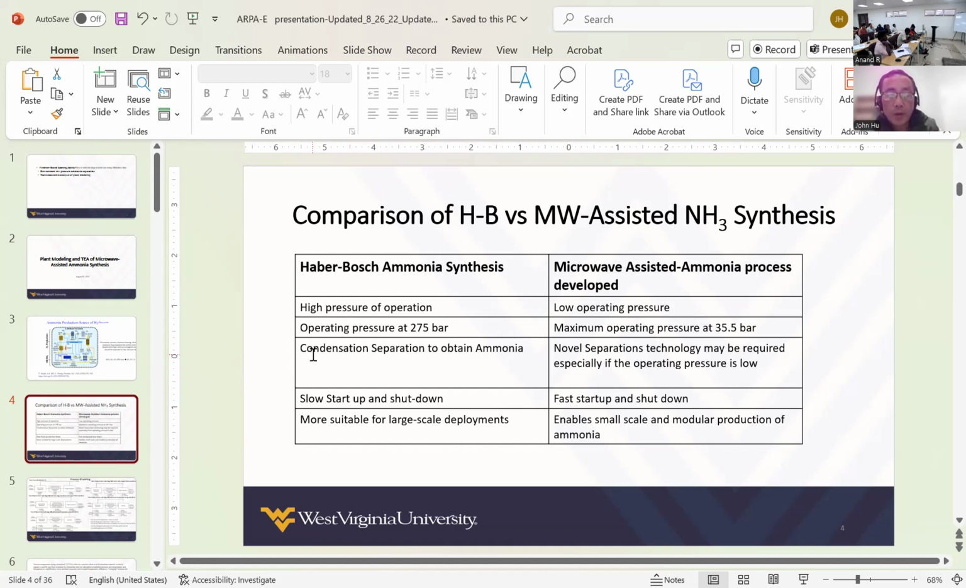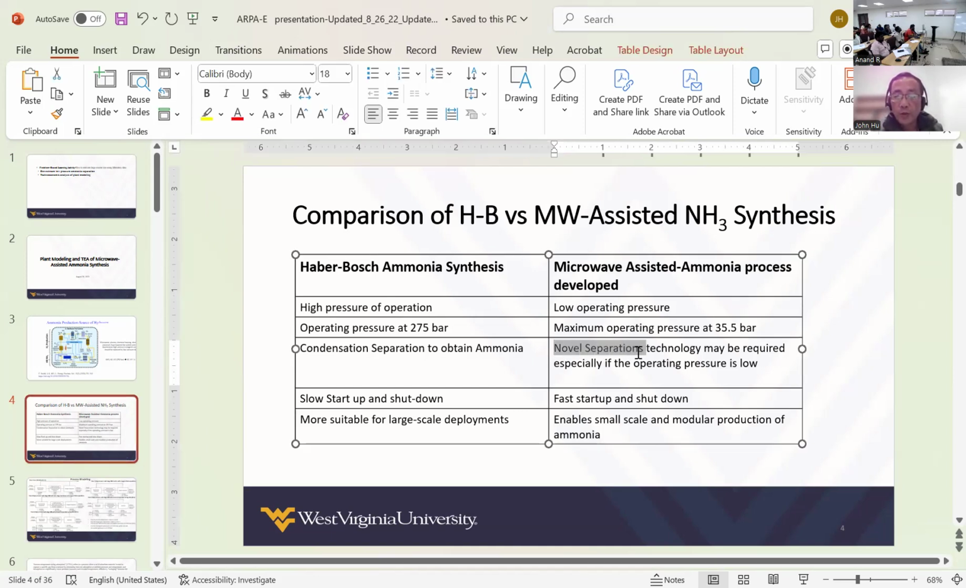And in the Haber-Bosch plant, as I showed you, it's condensation separation to obtain ammonia. That's the only method Haber-Bosch can use because it's high pressure. You have to use the high pressure cryogenic condenser. However, for the low pressure, your options will be open. This is a real innovation for low pressure microwave processing because we can choose novel separation,